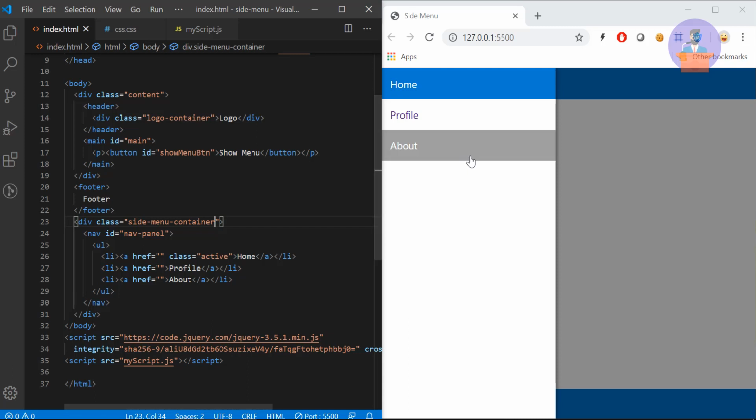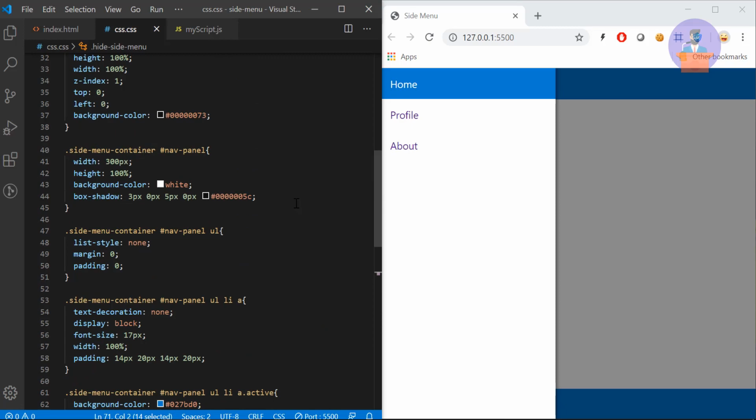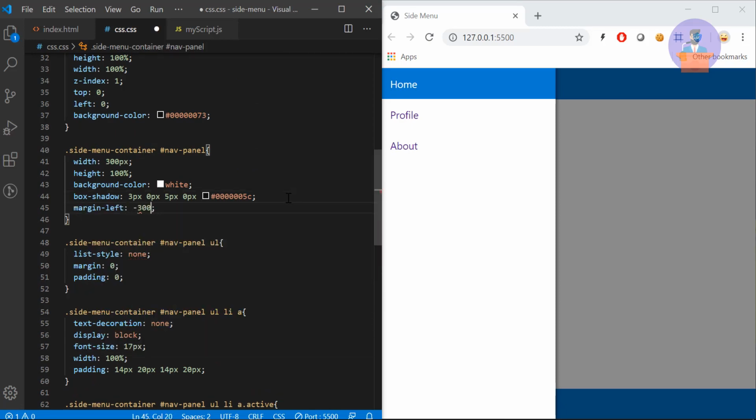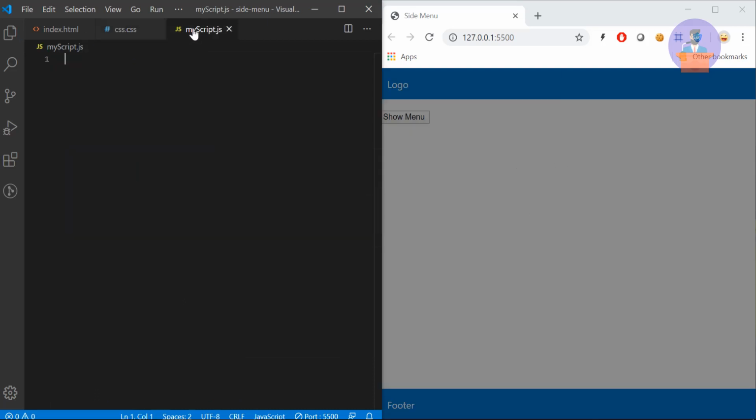So currently, as you can see, when we are removing this hide class, it is coming as a 0 margin left. So let's provide a negative position by default. So here I will provide margin left as minus 300 pixel. Okay, so now the panel is in negative 300 pixel direction.